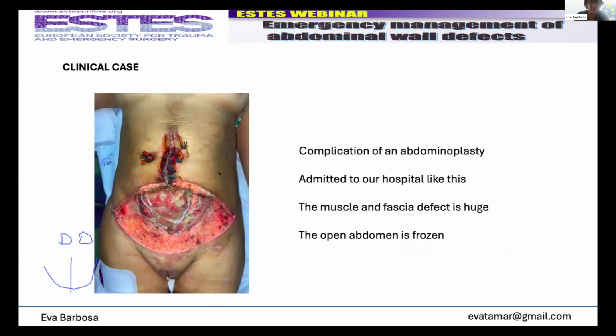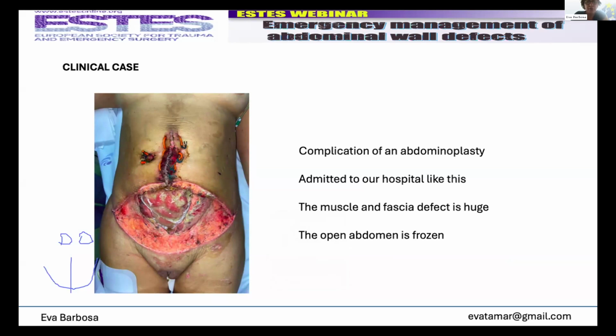On the other hand, not all cases can come so nice, and you have to keep in mind that there are always some cases where you cannot achieve closure. This is one of those cases, a complication of abdominoplasty with bowel perforation, and it came to our center like this. Of course, the first thing that you have to do is to assess